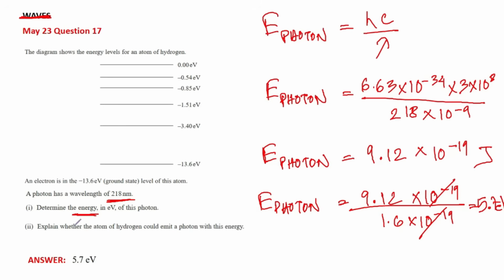Now the next question says, explain whether the atom of hydrogen could emit a photon with this energy. So always remember, for questions like this, the most important thing to recall is that the energy of the photon is always equal to the difference in energy levels. So if you find out this difference